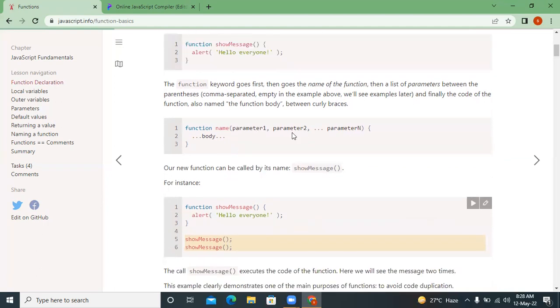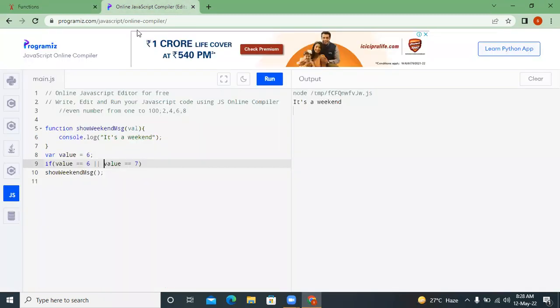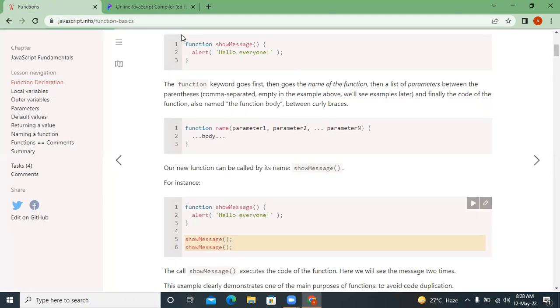So a function can have multiple parameters. What is meant by a parameter is whatever value the function accepts. So here we have parameter 1, parameter 2, right? What is the use of a parameter? I can use that in the function. For example,